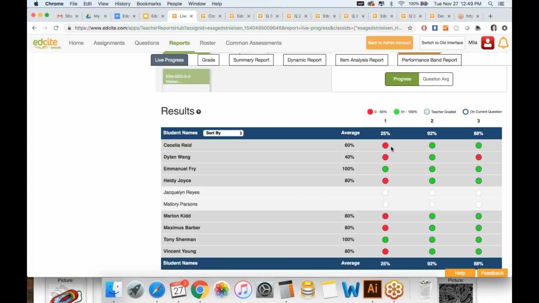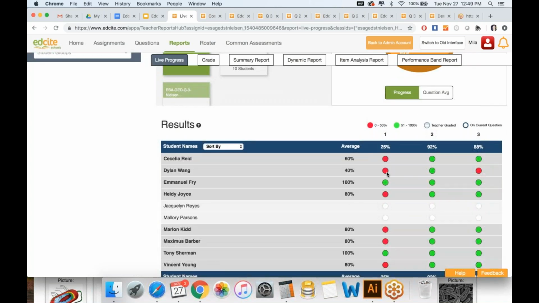What's nice is that this is going to prompt teachers to respond when a problem arises as opposed to waiting for the next day. So if I notice on a formative assessment, let's say this is just like a check for understanding, that everyone is getting red bubbles here, then I don't need to wait until tomorrow to start addressing and reteaching. I can go ahead and pause and start reteaching right then.